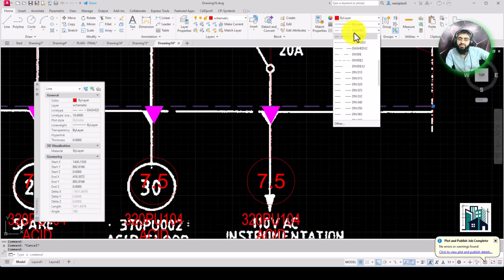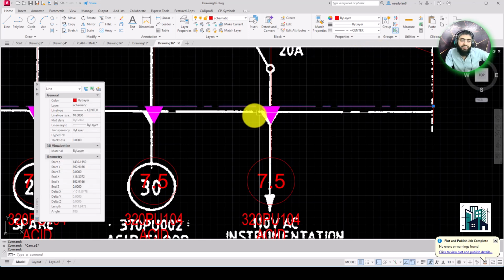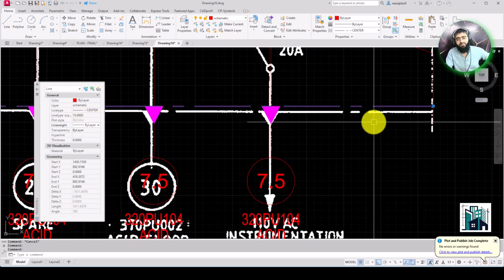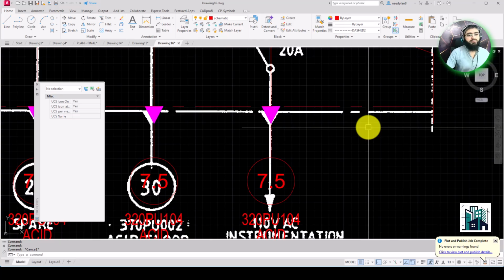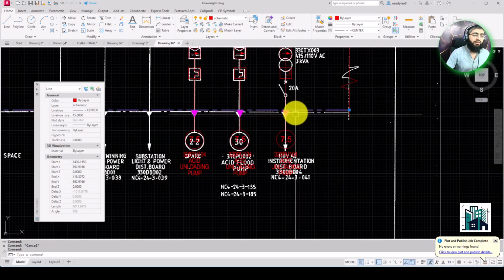So if you want to change it to be the same like that, for that you will have to choose a specific line for that purpose, like this one is the center line. So you'll have to just give the dimension scale like this. So you can make it similar as per your drawing. This one is similar, I think.